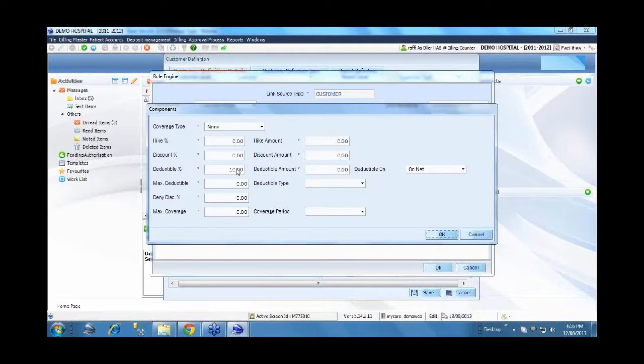They say a fixed percentage needs to be collected as co-payment from the patient. At the same time, there should be a cap on how much amount you collect as co-payment from the patient. So we can specify the max deductible as 100 or 150, whatever it is, as per the contractual conditions in the insurance contract.